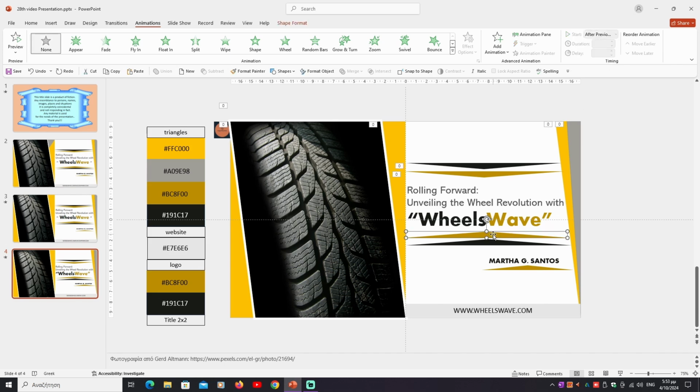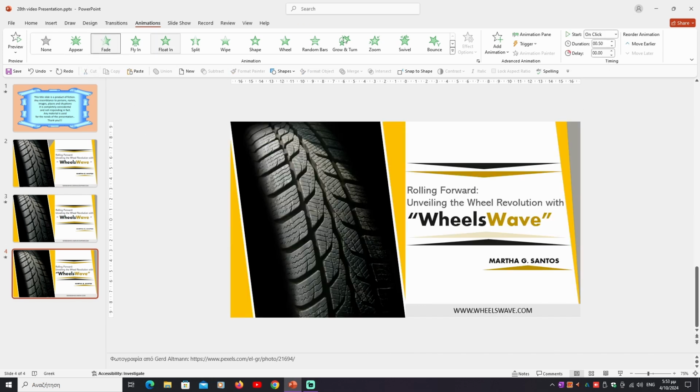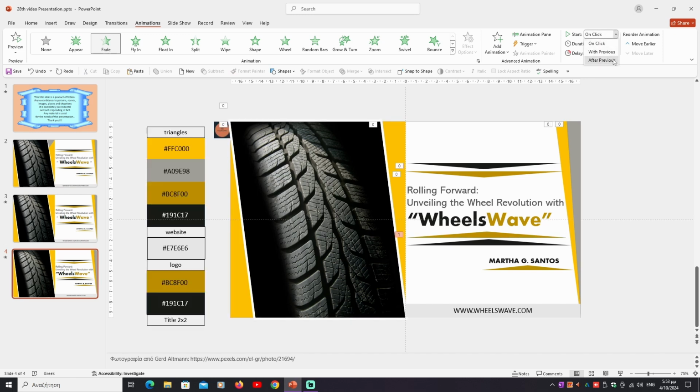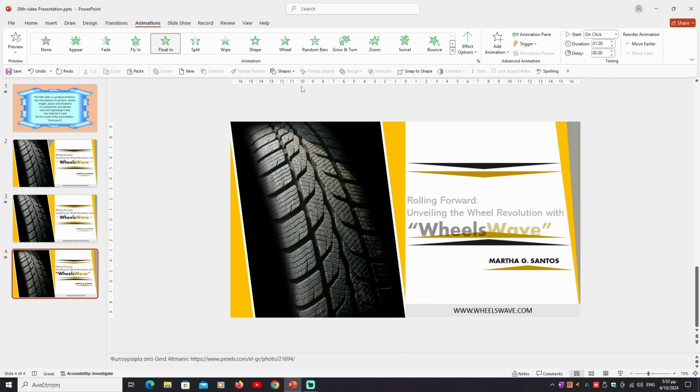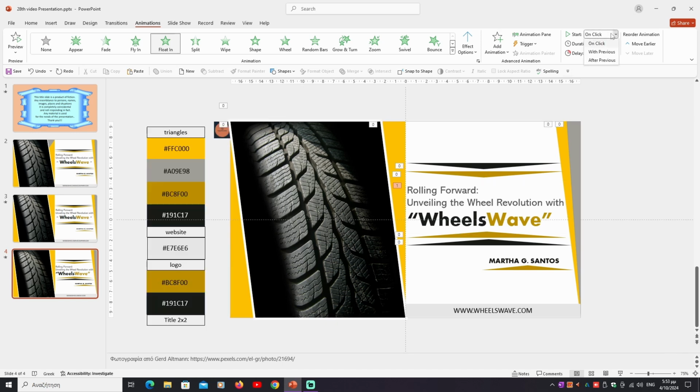To the third isosceles triangle, entrance, fade, start after previews, duration 0.50. And the fourth isosceles triangle, animations, entrance, fade, start after previews, duration 0.50. We go to the title, entrance, float in, start after previews, duration 1, effect options, float up as one object